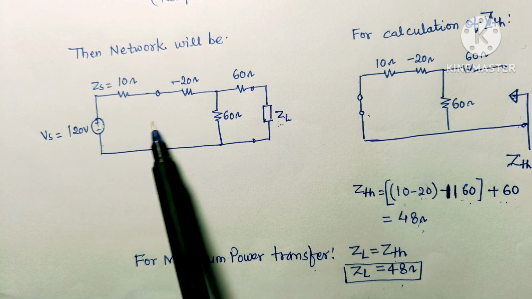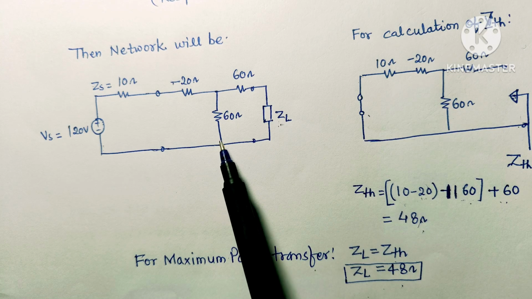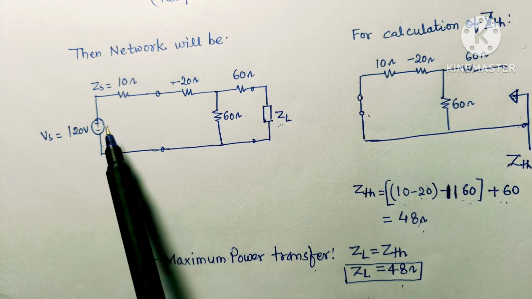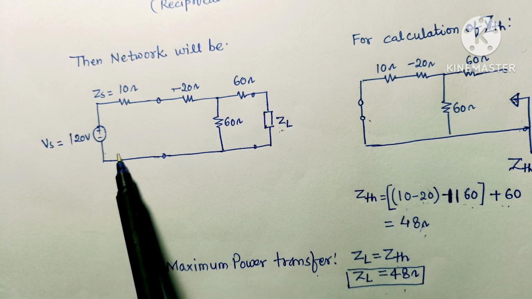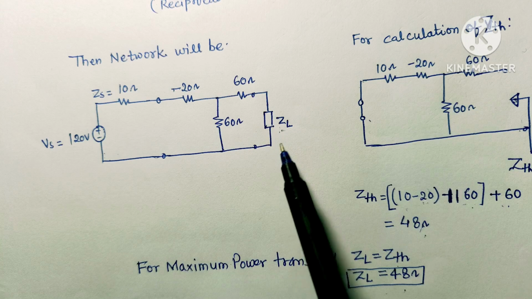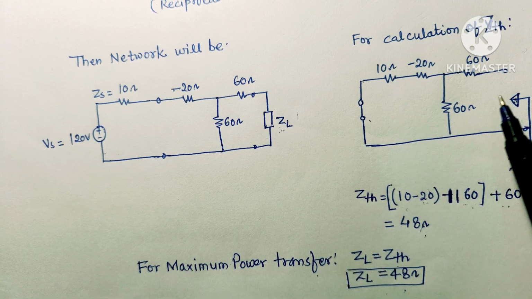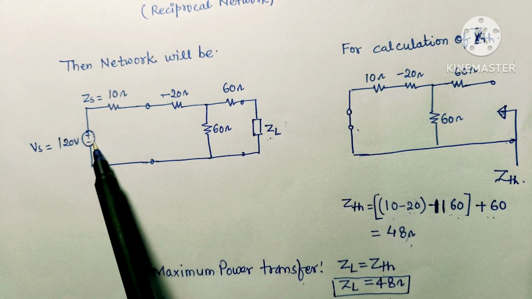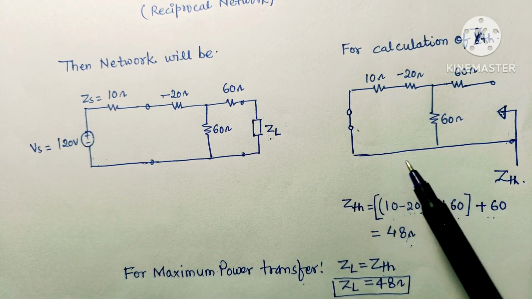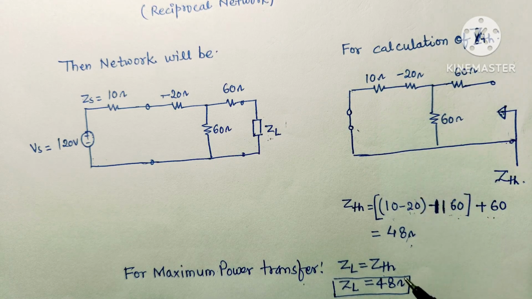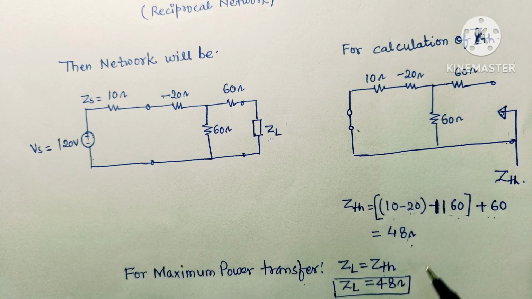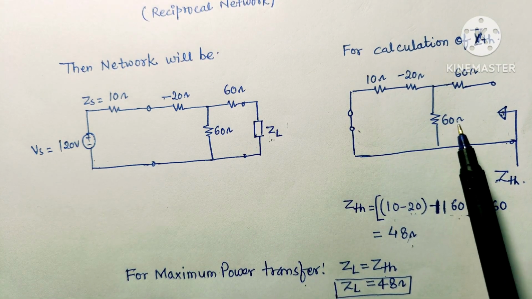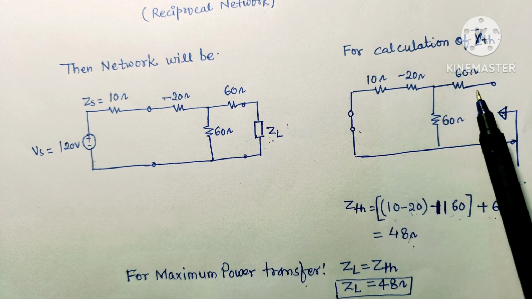After finding these values, we know that for finding ZTH of the circuit, or Thevenin's equivalent resistance, we short circuit the idle voltage sources and find the equivalent impedance across the load. So we have removed this load and we will find the equivalent impedance across it, and this voltage source is short circuited, which is shown here. Now if we calculate ZTH of this circuit, it will be equal to 48 ohm, as these two resistances are in series, their equivalent is in parallel to 60 ohm, and all that is in series with this 60 ohm.